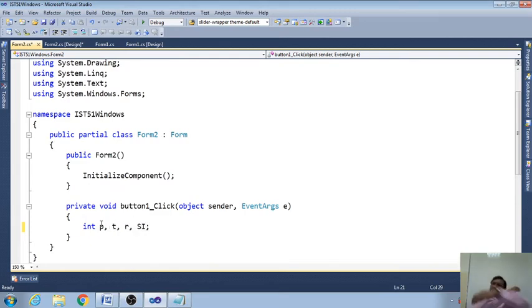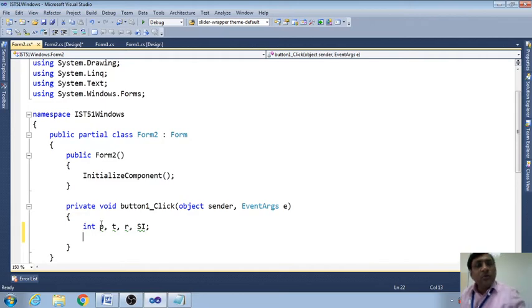See the coding, if we are talking about the code of the console and Windows application, it is a little different. Variable declaration is the same. In the Windows application, we are not going to write the information, please enter the value or enter the number, whatever, because here the design is available, and we are only taking the data, right? And instead of writing console.readline, we are writing the name of the control.text, and the calculation is the same. Display result is not the same actually. Here we are displaying the result in the label, so this is a little different.